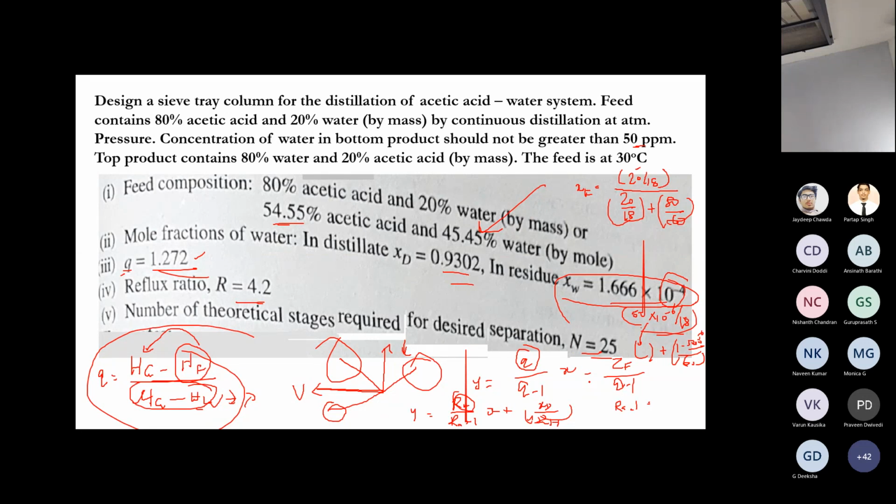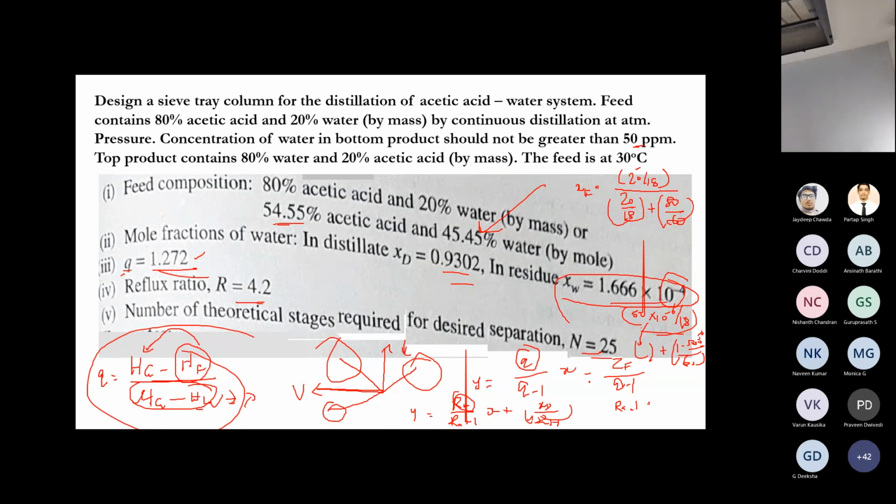What other equation can you use to calculate the number of stages? The Pancho-Severt method, sir. Have you come across the Fenske equation? For minimum number of trays, yes. You should know the limitation of this equation, when you have to use it. A total condenser you have to use. So you cannot use every equation; you should know the limitations of those equations and accordingly use them.